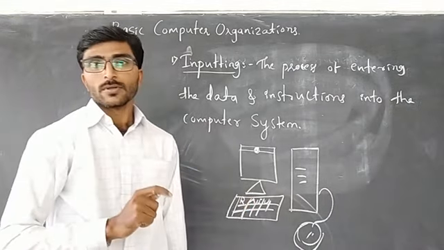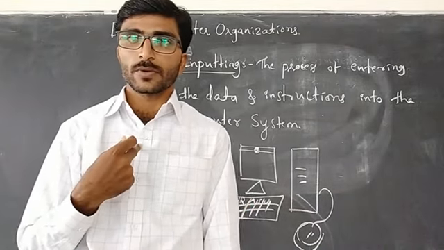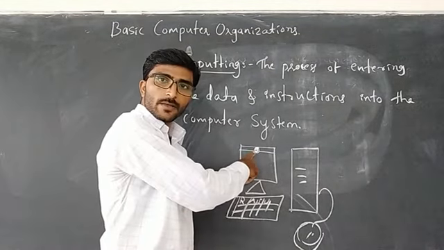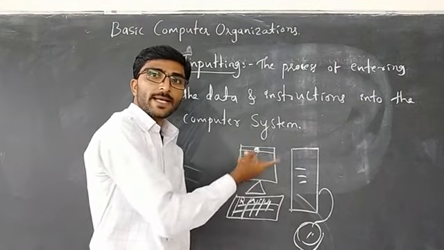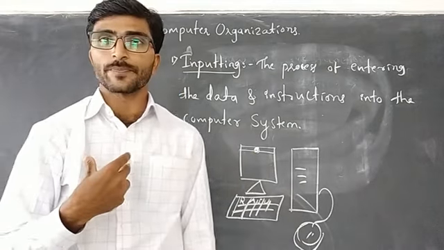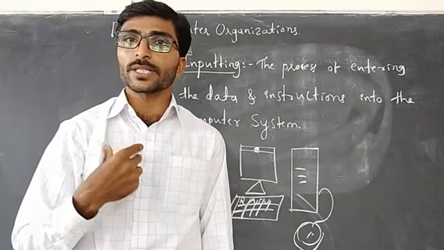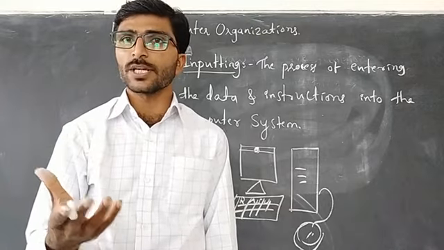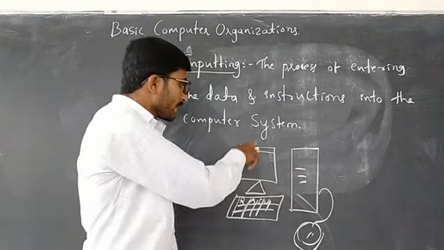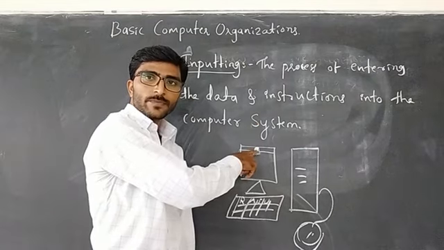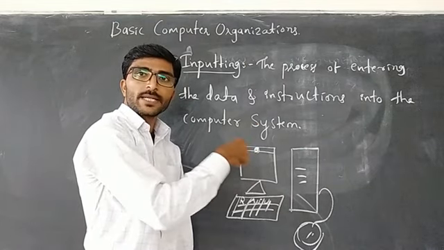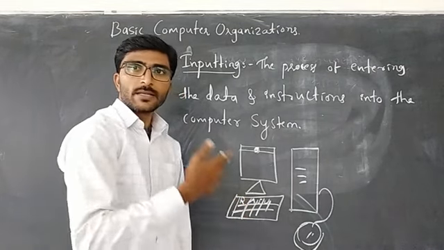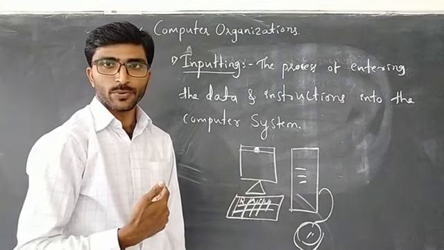Or, I want to give my photo to the computer. How? Here there is a web camera. This web camera is the input device that captures my photo. Here my photo is one data, one piece of information or instruction to the computer. Using these devices, I am entering my data like a photo. Using the keyboard, I enter my data like my name is Raju.